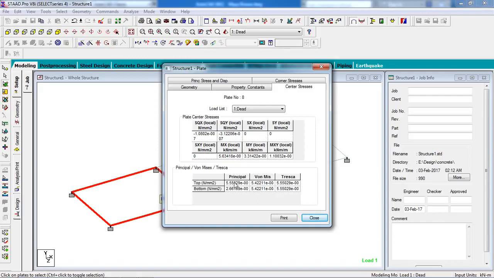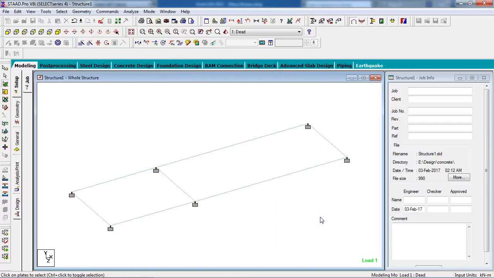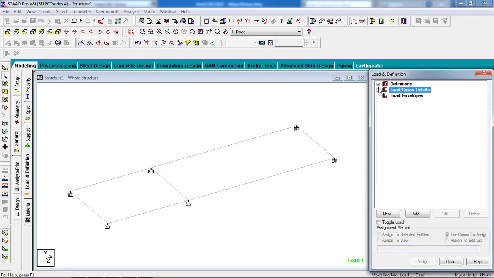Now take the four moments and take the maximum moment and design it manually. You can design it manually by taking the maximum moment from here. Okay, so that's it. This is how you can design and analyze a two-way slab